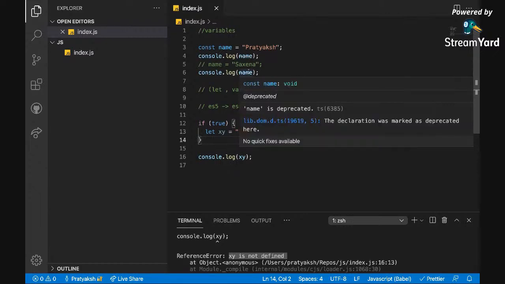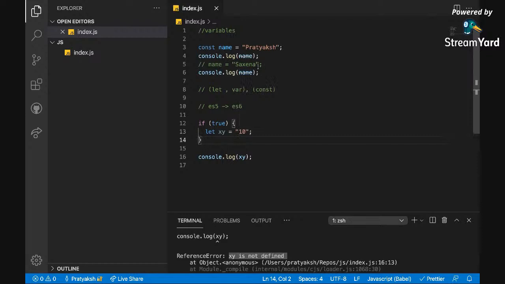Okay, why you are saying why name is crossed through? Name is actually not something that you should use as a variable name. Variable names itself have a set of rules. You can't name anything as a variable. If I try to name it const, it will show an error that const is a keyword. I cannot use a keyword as a variable.